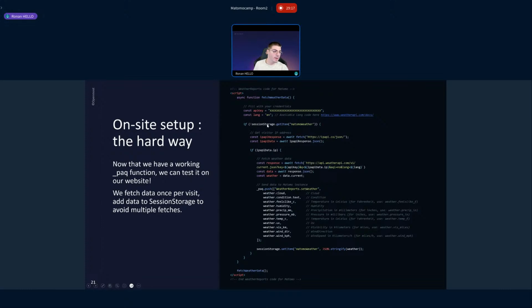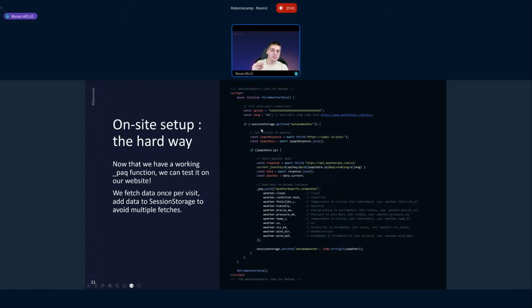Here we make a filter to prevent duplicate data from the API. We don't want to call the API multiple times per user. We want to call it once per visit. What we do here is store the weather information in local storage in your web browser.